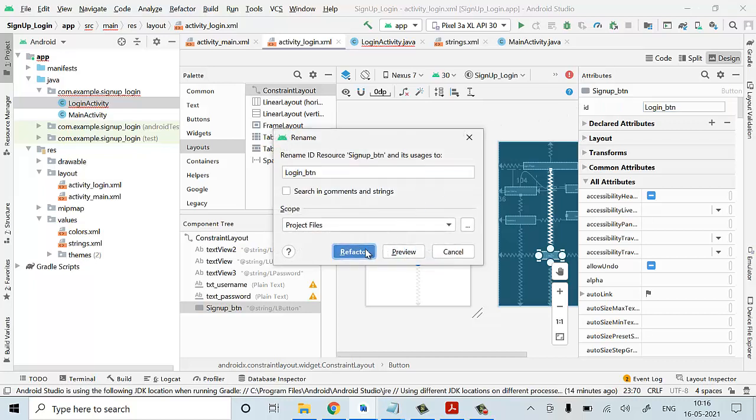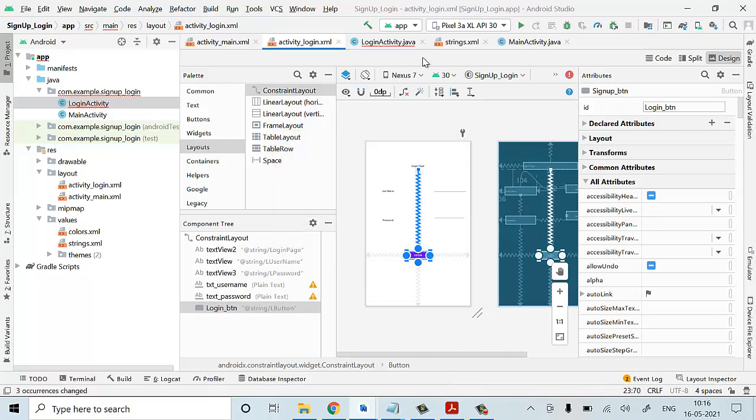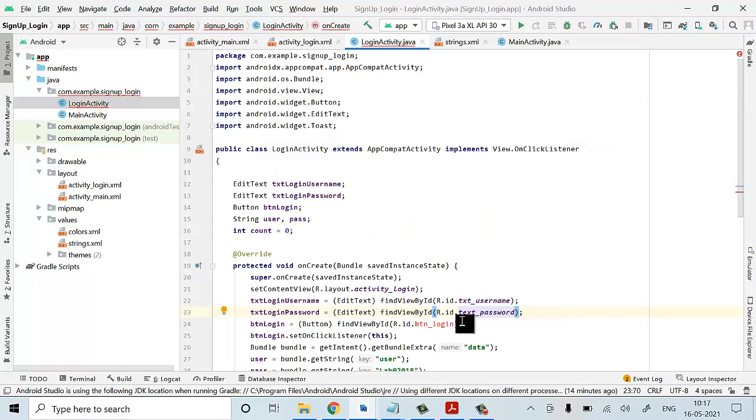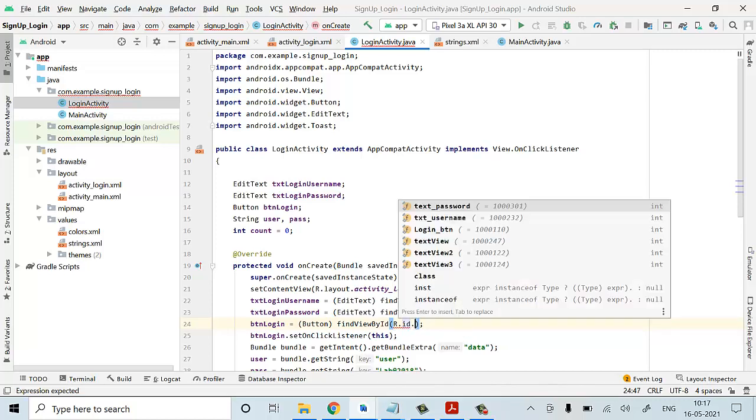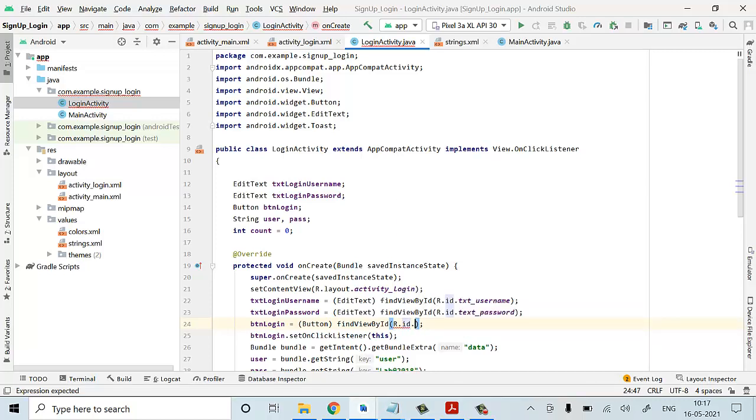Okay, I'll refactor it. So I'll go back to this LoginActivity. Here I'll specify it as login button, you are going to get it. So I have done with this, and I don't have any errors. Now I'll come back to the explanation. So as usual, I have two usernames, so I have taken two edit boxes.